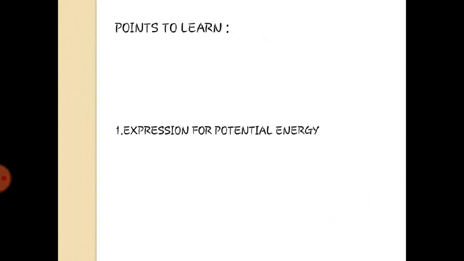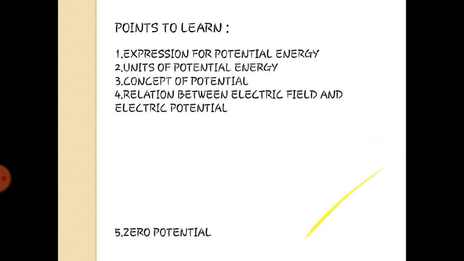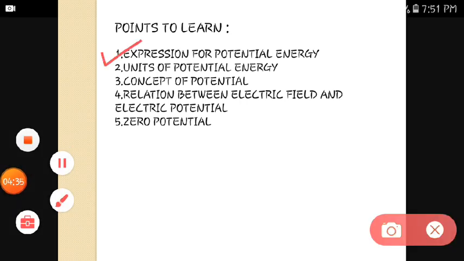the points which we are going to discuss today. 5 points we are going to discuss. Amongst them, the first is expression for potential energy. We are going to derive the expression for the potential energy. Then what units are being used for the potential energy, in different systems, that means in SI, in CGS, in many forms that may be used for the applications. That means for the numerical part we are going to use those systems of units.